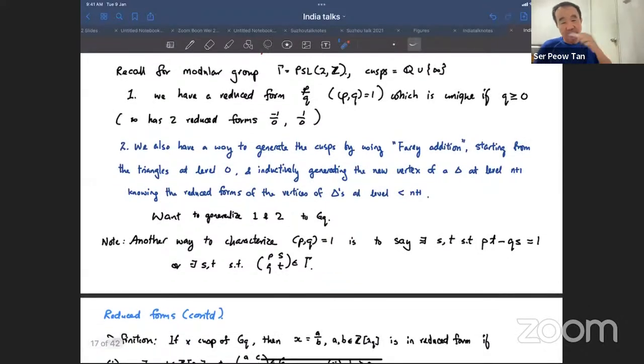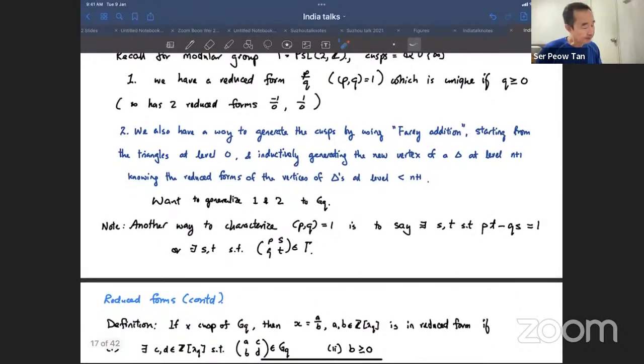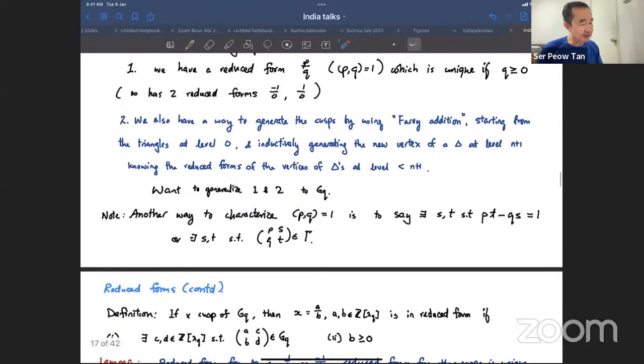And this is also how the Farey triangulation can be drawn. So we want to generalize these two ideas. First, the idea of a unique reduced form, and second, the idea of how to generate the cusps in an algorithmic way,